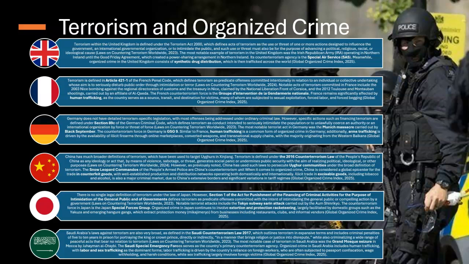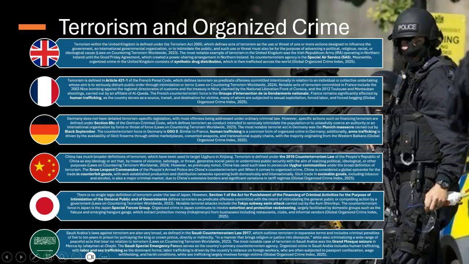Regarding organized crime, the United Kingdom shares many similarities in the fact that organized crime largely consists of synthetic drug distribution and drug trafficking. However, in France and Germany, much organized crime consists of human trafficking due to the fact that Central Europe is the entrepot of immigration from third world countries. However, Germany has also seen an uptake in arms trafficking due to supply routes coming in from Eastern Europe.